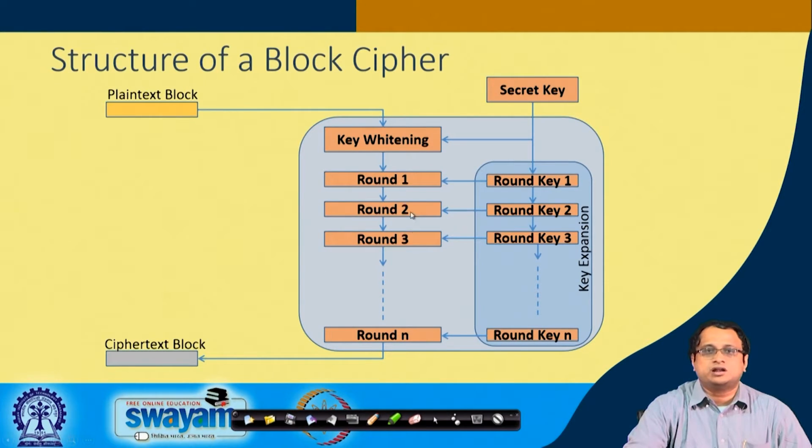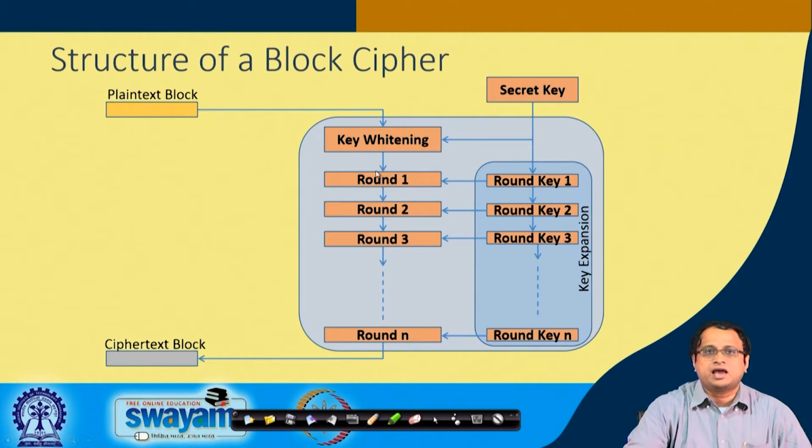Now, if I want to zoom into the block cipher, this is how the internals of a block cipher typically look. These block ciphers are often called product ciphers or iterative ciphers. It takes a plain text block and a secret key, and the first step is usually a key whitening step. This key whitening is usually obtained by some kind of reversible key mixing process. A very common form of reversible key mixing is a bitwise exclusive OR. So, I take the plain text, I take the secret key, and I do an XOR between them and obtain the input to the first round.